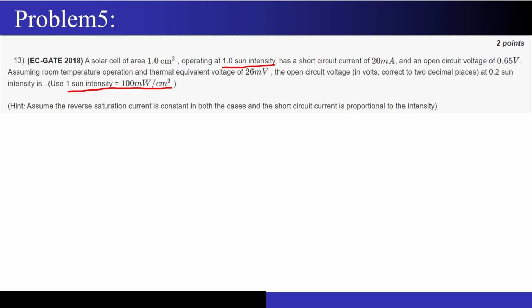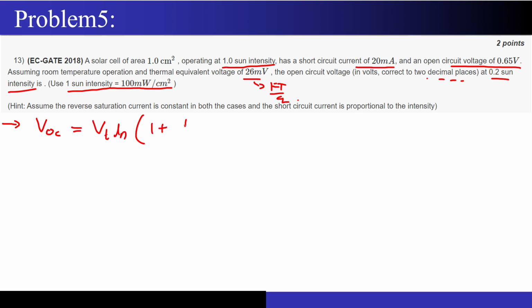So now this solar cell has a short circuit current of 20 milliampere and an open circuit voltage of 0.65 volts. Assuming room temperature operation and the thermal equivalent voltage of 26, this is nothing but your kT by q value, correct? The open circuit voltage in volts, correct up to 2 decimal places, at 0.2 sun intensities. So first of all, they are asking me to calculate the open circuit voltage, so I have to use the open circuit voltage formula. What is the open circuit voltage formula? Vt ln(1 plus IL by IS),